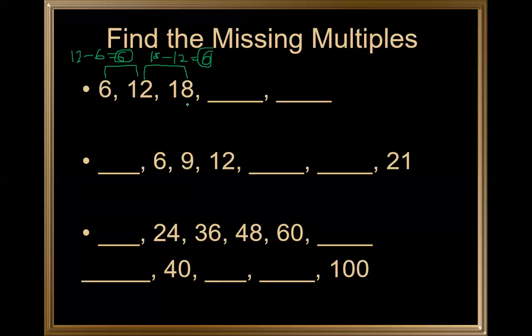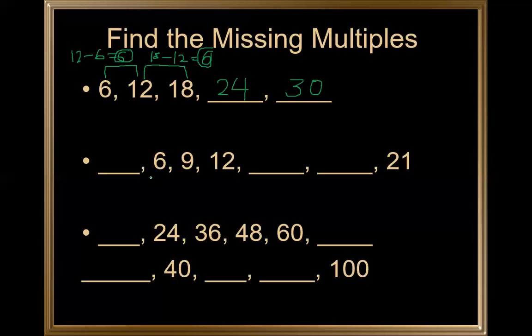That's why you can find the next number like this: 6 plus 6 is 12, 12 plus 6 is 18, and 18 plus 6 gives you 24. The next number is 24 plus 6, which gives you 30. Or if you know the table of 6, then you can write it directly. And if you don't know and are getting confused about which table it is, you can subtract the smaller number from the bigger number to check the gaps. If you get the same gap every time, then you will be able to identify the table of that number, right?